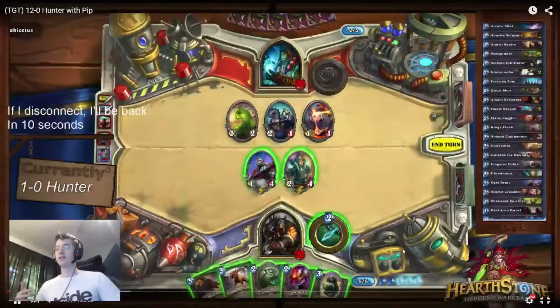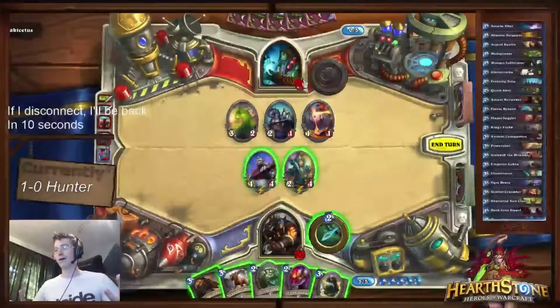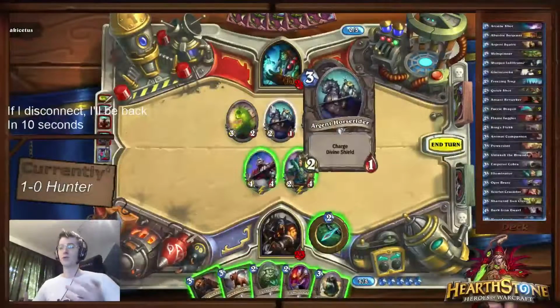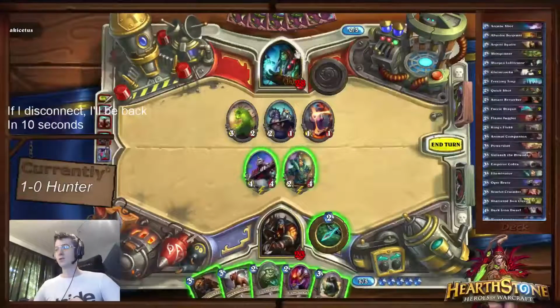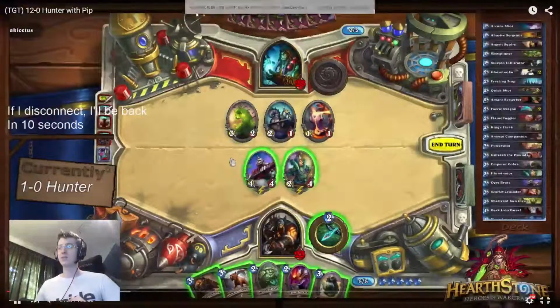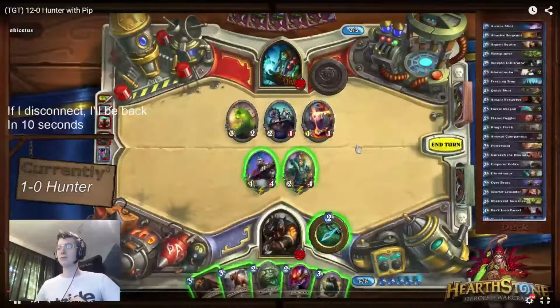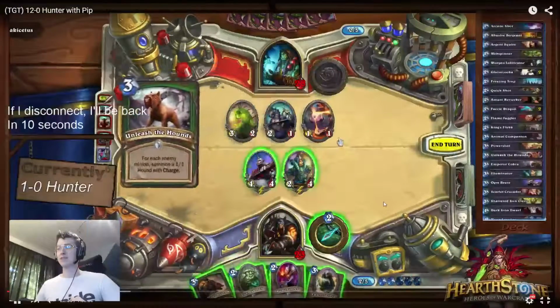So that's our reasoning for using the Unleash the Hounds this turn, rather than, say, do Flame Juggler, Cobra, or Flame Juggler, Animal Companion. So Unleash the Hounds comes out, and then we should play the Flame Juggler straight away, so that we have a 75% chance to hit one of his minions. If we hit any one of his minions, that's really nice. That means that we can use...